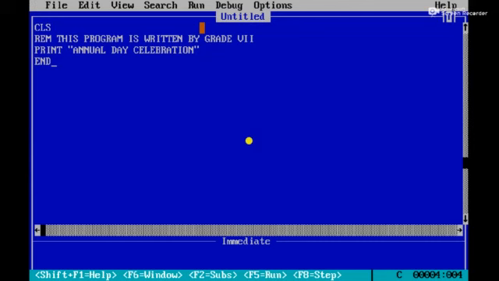This program is written by grade 7 is not displayed. Why? Because this is a non-executable statement. It is ignored by QBasic. If you want to give any remarks to our program, or write any comments, we can use it. For example, suddenly you open your program and you couldn't understand the concept.